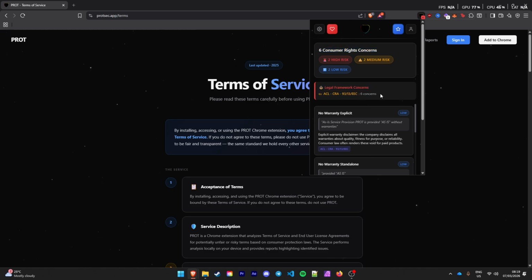You have the framework concerns. The reason I've added the framework concerns is because sometimes you have terms that are more interesting under financial frameworks. You have terms that are interesting under consumer protection frameworks. The consumer protection framework is ACL, CRA, and 9313 WC, and it's typically terms that would be interesting to people in all of those jurisdictions,